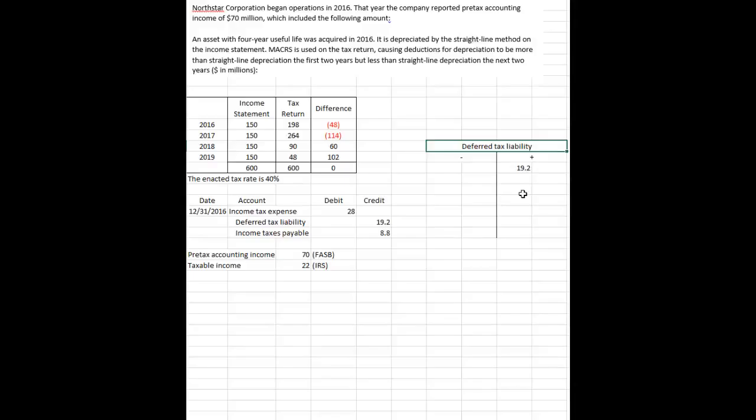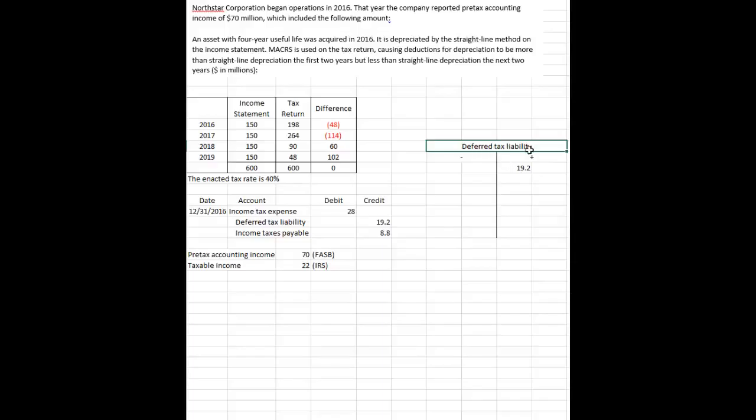Logic would tell you it would show up as a liability, and you have to determine whether it's current or non-current. You would say, well, it depends on when the thing reverses in the future, and you can see it doesn't start to reverse until 2018, which would mean this is non-current. However, the rules for the deferred tax liability and asset are such that this is not a liability. This actually shows up on the asset section of the balance sheet, which defies logic, but not really,